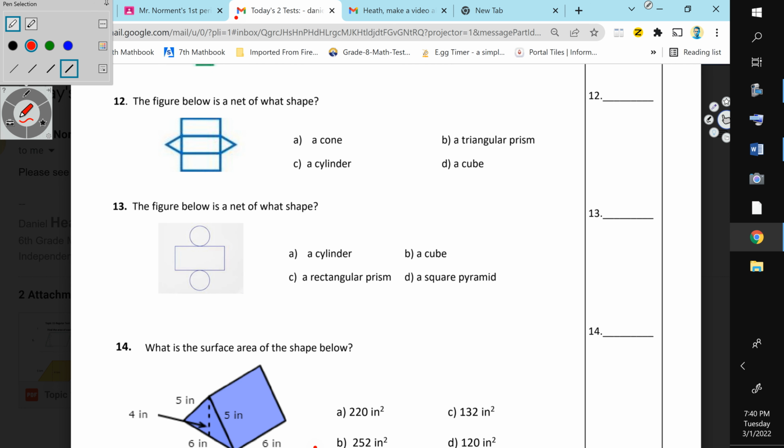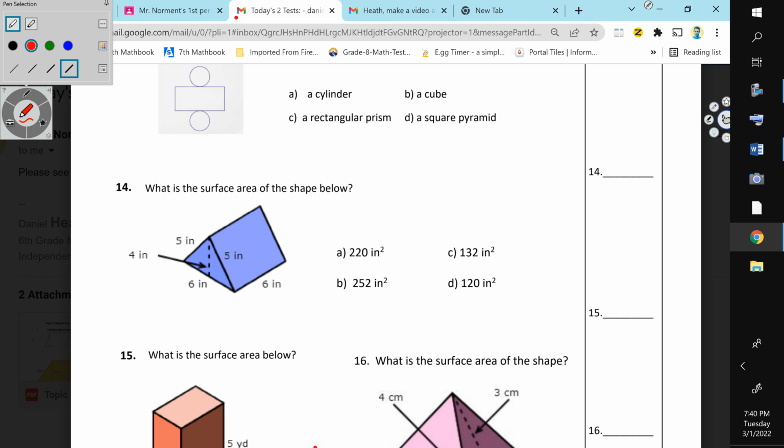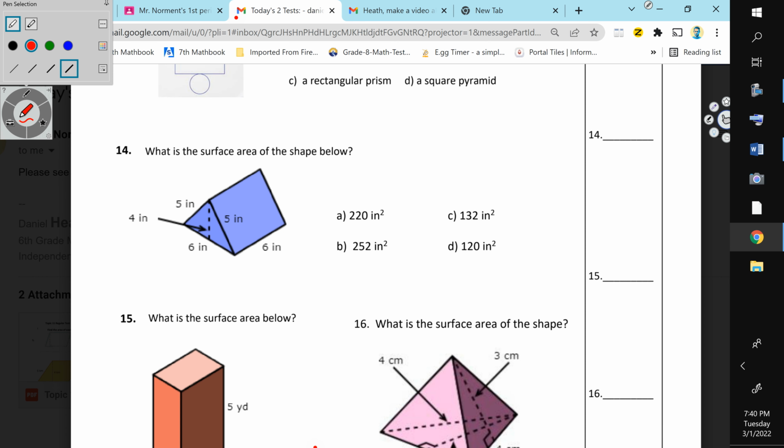The only tricky one is kind of number 13. That's kind of a tricky one. Number 14, surface area of the shape below. Remember, there are no shortcuts with triangular prisms. You need to divide that up into the 5 surfaces, the 2 triangles and the 3 rectangles, and find the